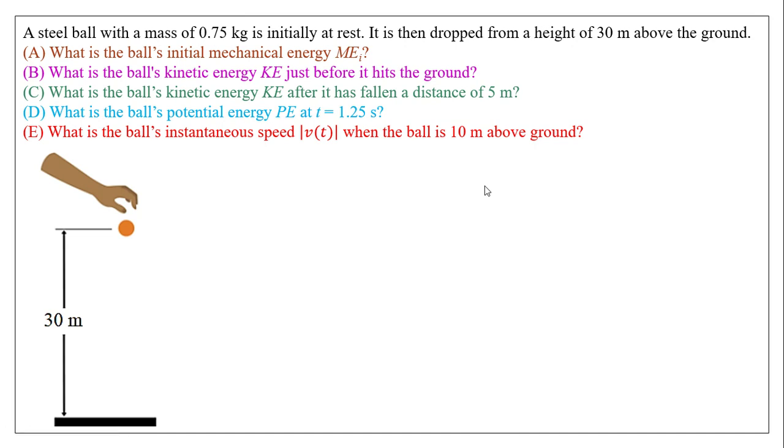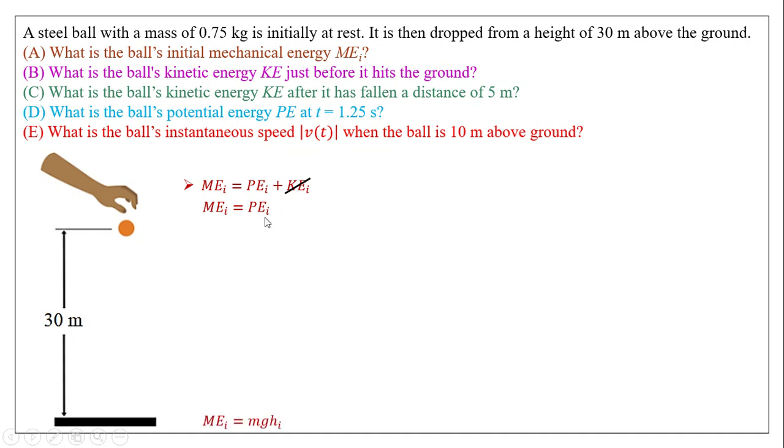Part A wants us to find the initial mechanical energy. Mechanical energy, by definition, is potential plus KE initially. So if you look at this particular diagram, it says here the object is being dropped from rest. So I'm just going to go ahead and cancel out KEI. Therefore, I can just say that the initial mechanical energy is simply contributed by the gravitational potential energy,